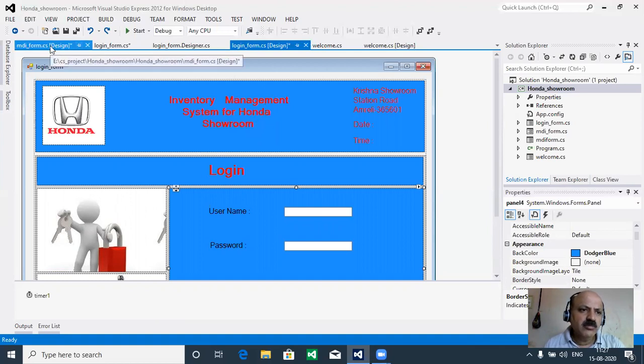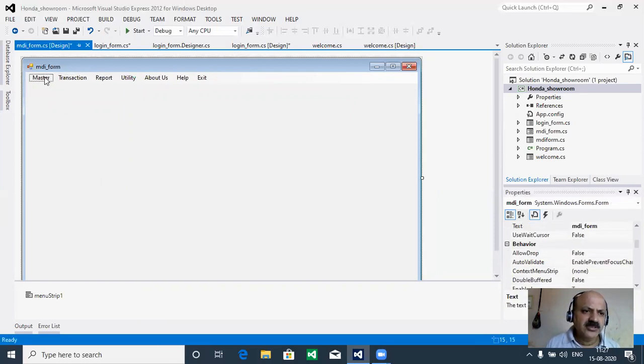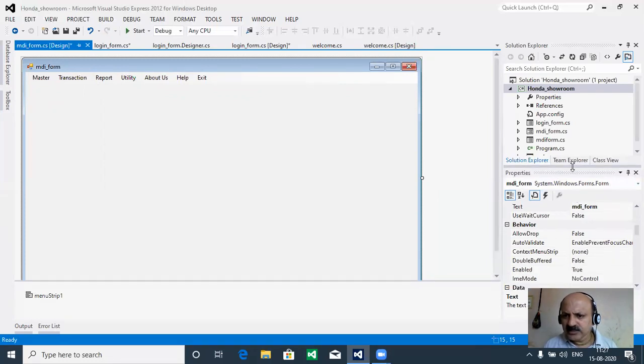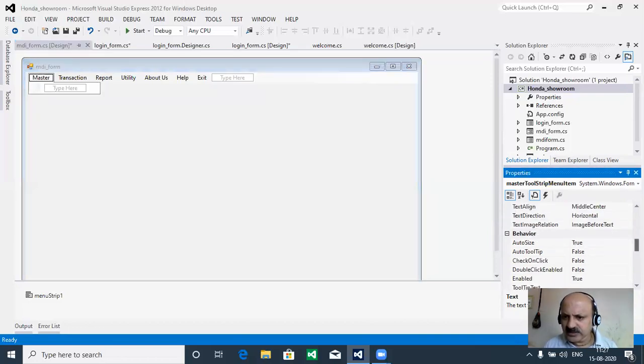So now we can come back to MDI, and that is our master transaction. Also, we can just select it, and here we can see its properties. I also select this, and here the text and all these things are here.